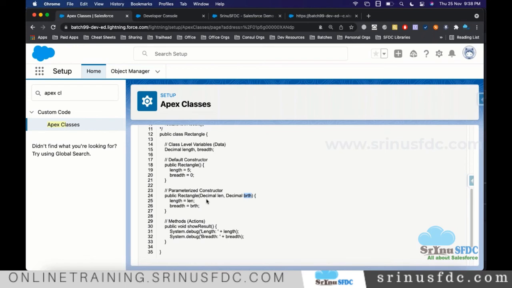Then in case we are using the same name, for example decimal length again, the same name, and decimal breadth the same name, if we are doing variable overloading here, will we use the this keyword? Usually whenever it is having the same name, yes, that I am going to explain. I have that also to explain. Okay then, fine.